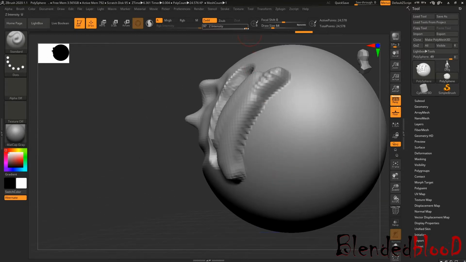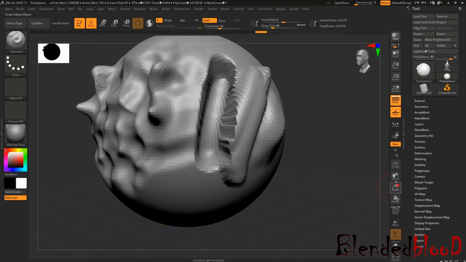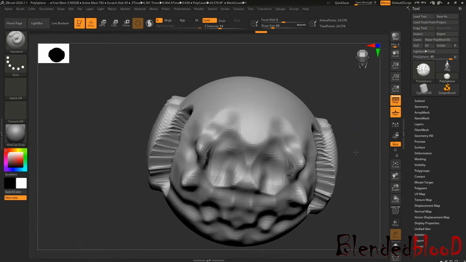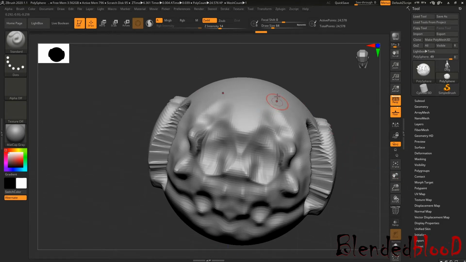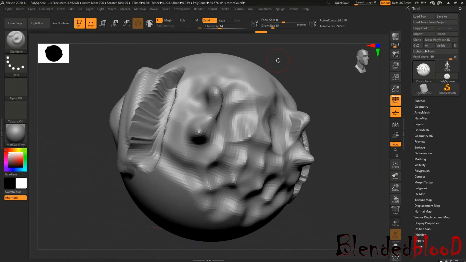But if you decrease the value of Z Intensity, this will work in a much smaller amount. You can think of it as the opacity kind of thing, because we already work in different kinds of 3D software, so we already have the idea of what intensity is exactly, right?